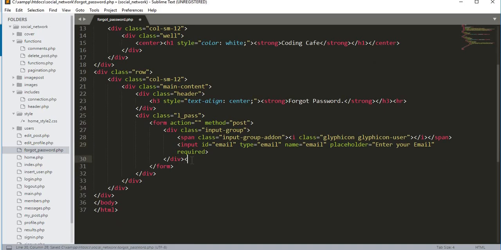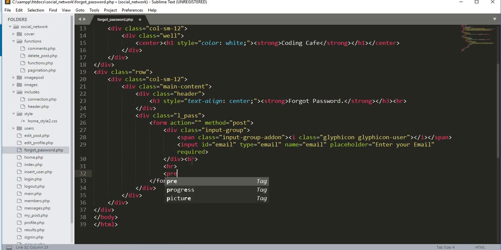So over here we will add a br and then an hr, then we will open up a pre tag,